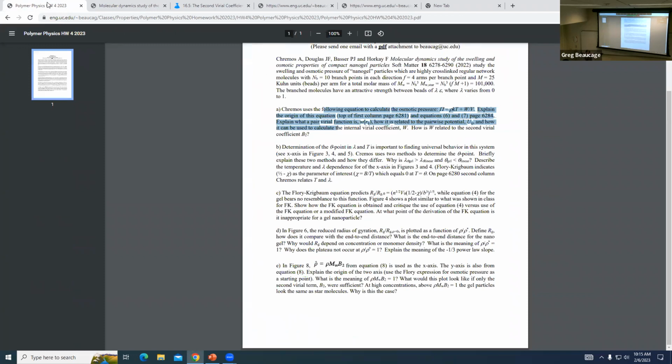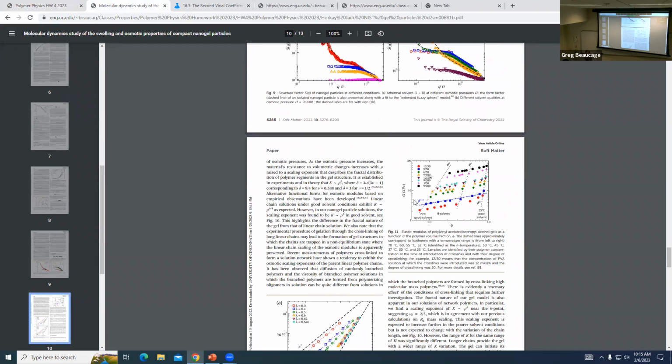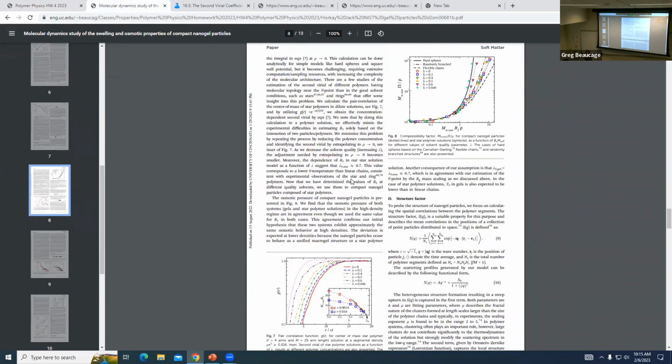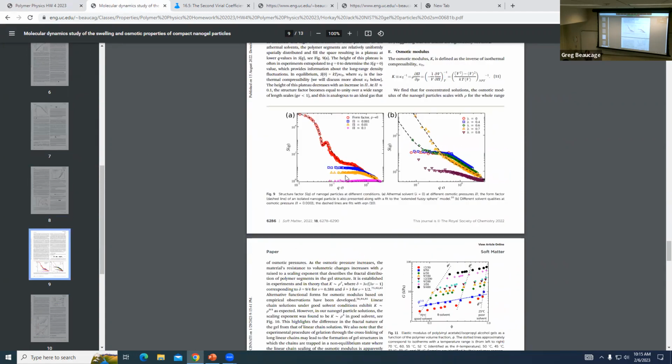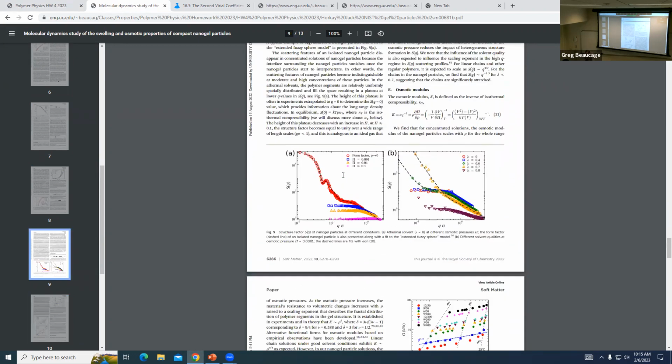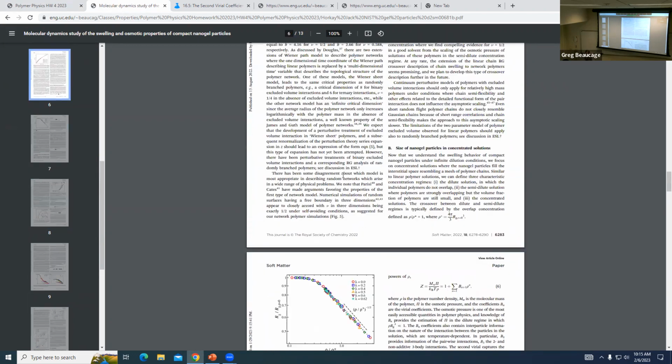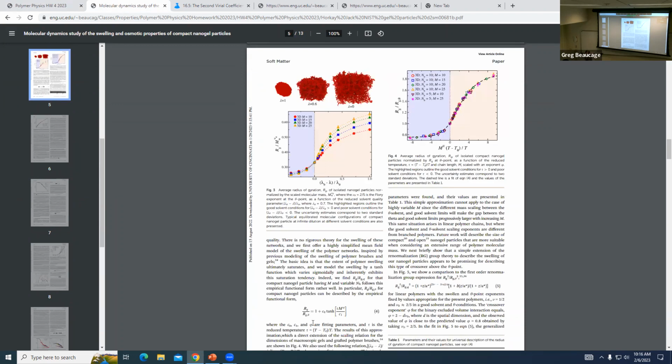What page is this? Figure 4, equation 4. Equation 4 is this hyperbolic tangent function. So the question is, he's got exactly the same shape as the Flory-Krigbaum. This RG thing is just the same as what we had in class. Maybe starting with Flory-Krigbaum and then tweaking it would have made more sense. But it's not a Gaussian chain. So where in the Flory-Krigbaum